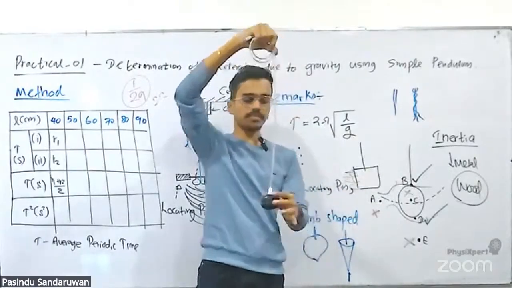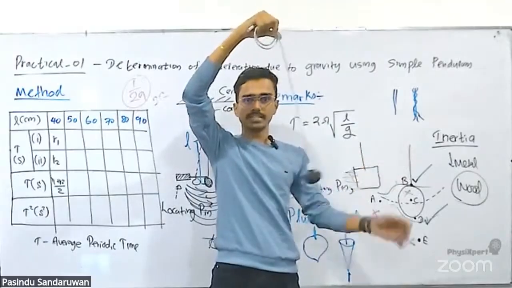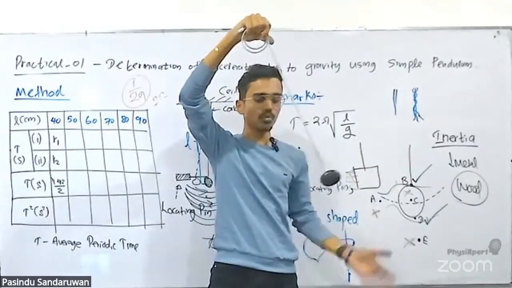So therefore what we are doing is you let this go and 3 2 1 a countdown